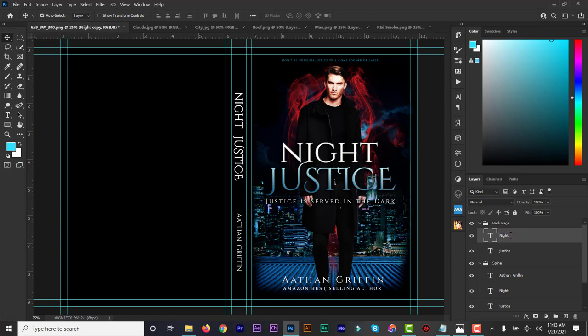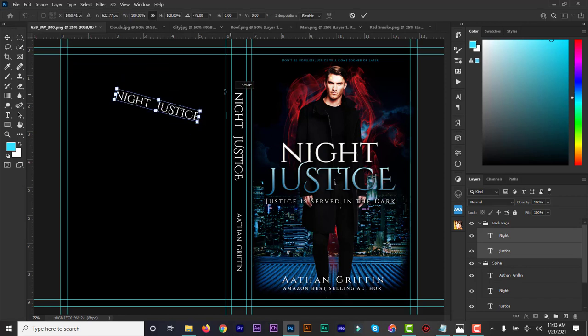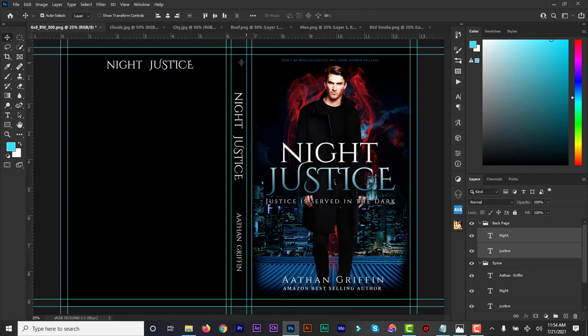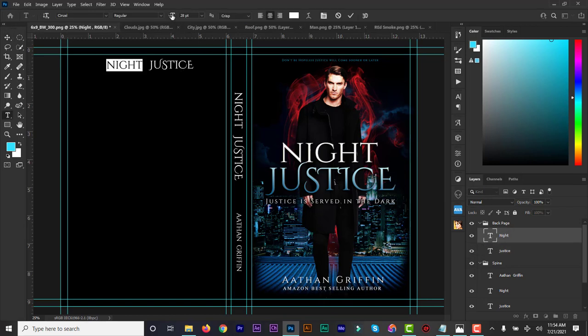and I'll select both, and I'm going to drag it out. Control T, rotate, hold down the shift, and then drag it up like so, and make sure the top is on the same line with that text on the front page, and we can use the guide to make sure it's actually straight. So now you can see it's straight. Now we can increase the size to maybe 49, 50, drag it,